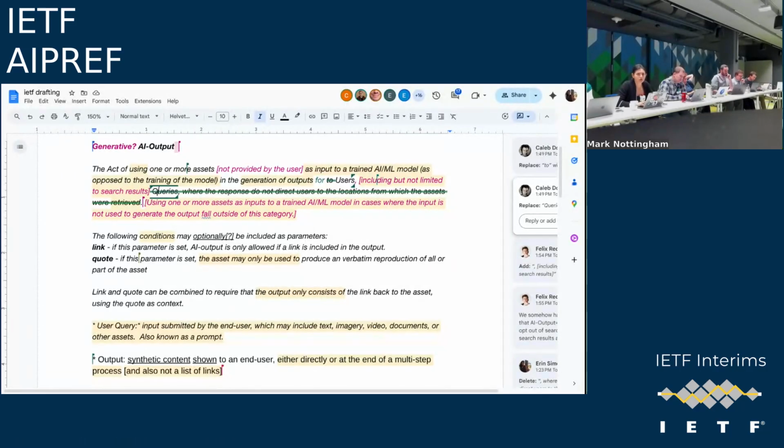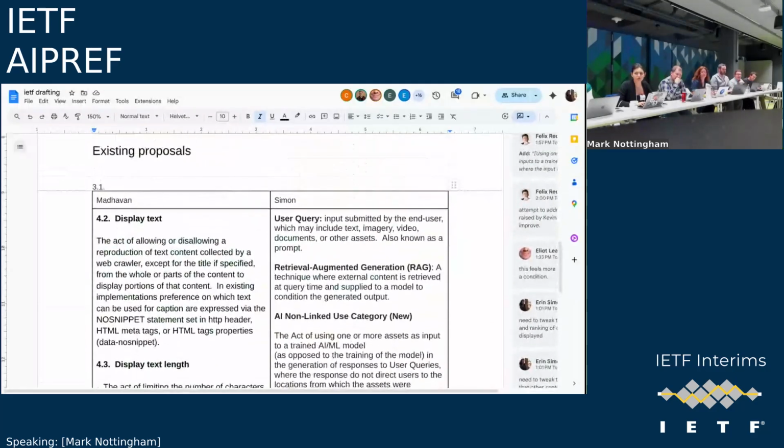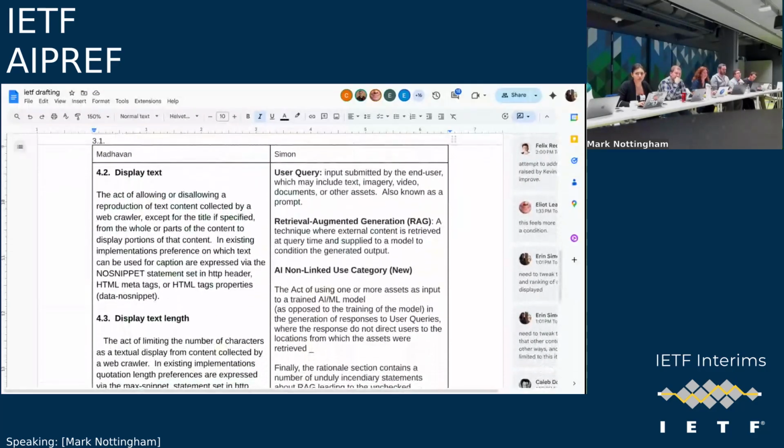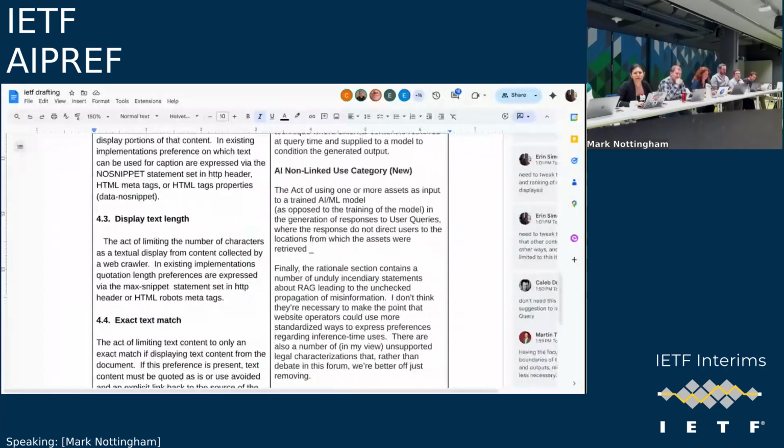Obviously, Krishna was also part of the group of Aaron's proposal. Okay, I did not have that information. Yeah, so Aaron also circulated a draft on the mailing list before, and we started with Krishna's draft when we sat down. If you scroll down in the document, I think both of them are there. This is really a genuine attempt to reconcile the two. So putting them in opposition is weird.